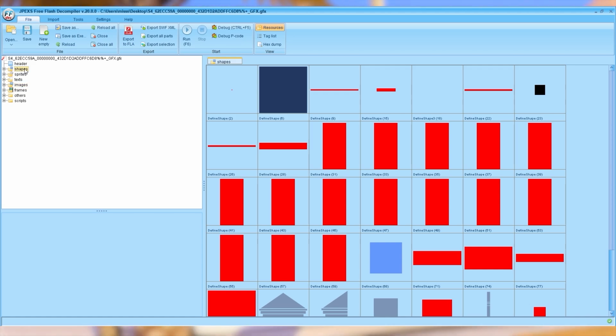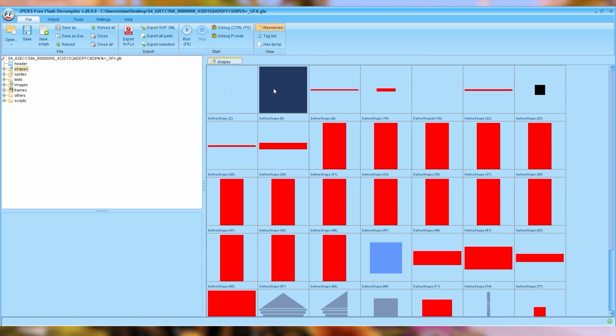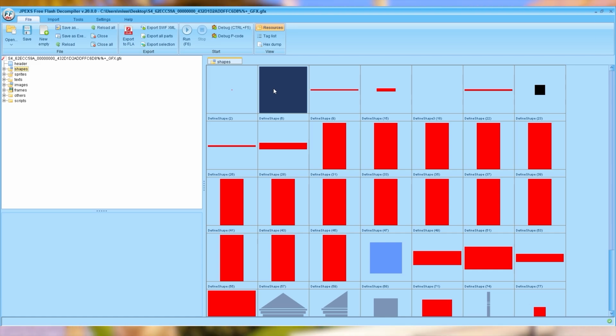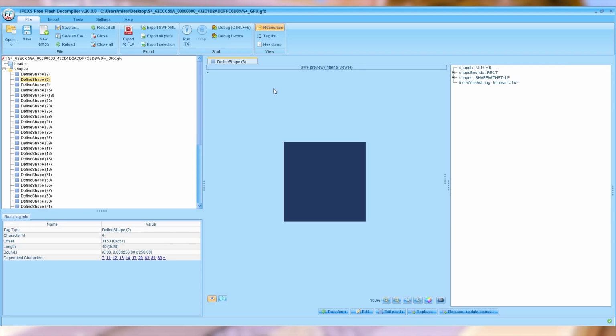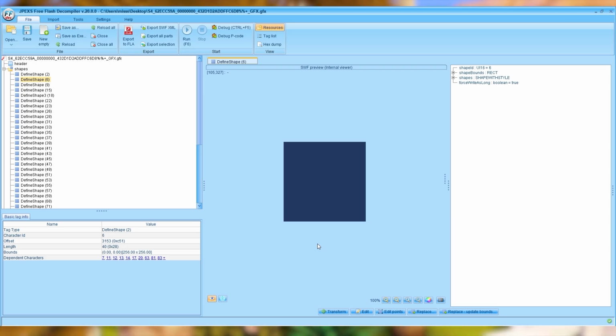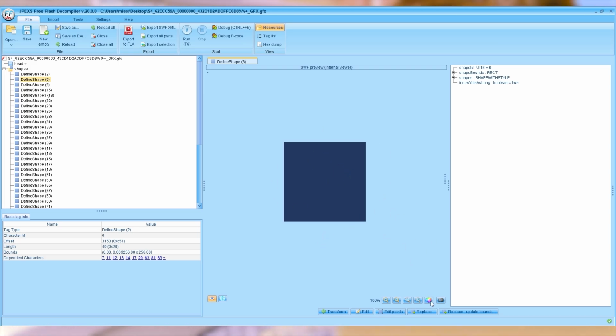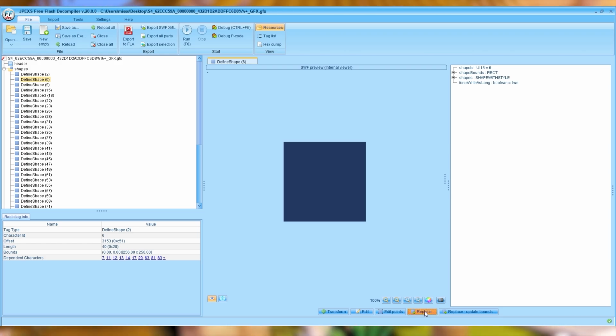The first thing I'm going to do is click on the shapes folder. Then the large dark blue square at this point in time is what we use. It's the basic default loading screen on Sims 4. So we double click on that big square and it opens up to show the properties of the square. What we want to do is replace the blue square with the image that we want. So I click the replace button,